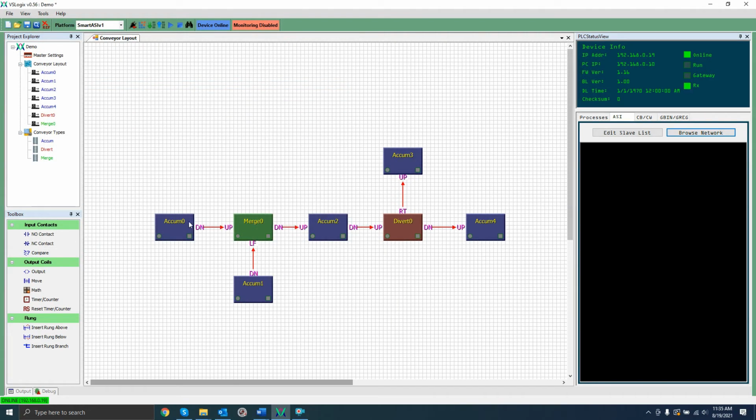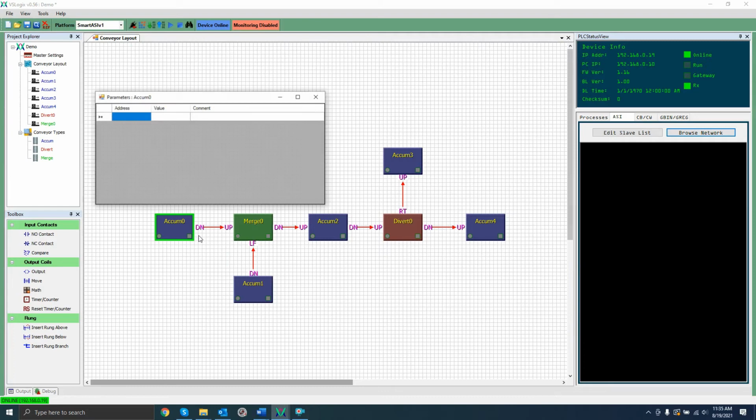The final step I'm going to do involves this feature, initialization parameters, or init params for short. This allows you to set the starting value for a ladder file when a section first starts running. The accumulation ladder I'm using is configurable and can have anywhere from 1 to 4 zones, selected by the value in register 0. I'm going to set an init param on each of these accumulation sections so that they will have 4 zones.